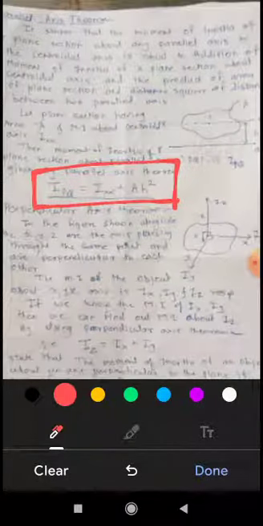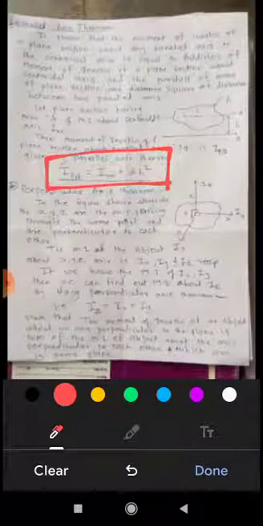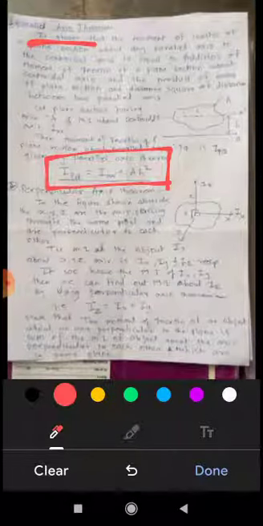Moment of inertia about the PQ axis. Okay, you can see over here, the moment of inertia about the PQ axis is equal to Ixx, that is, we have that moment of inertia Ixx, plus A into h square. A is the area of the body and h is the distance between the two parallel axes, and its square. Okay, here is the definition. What does this law actually state?